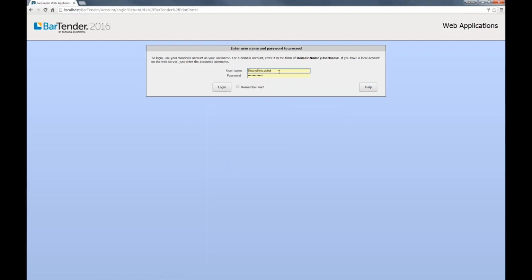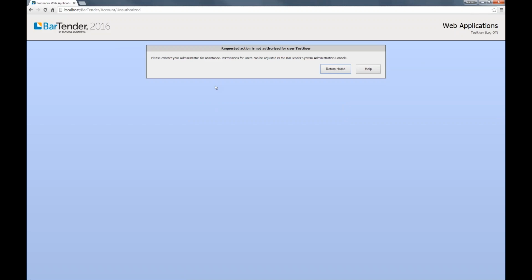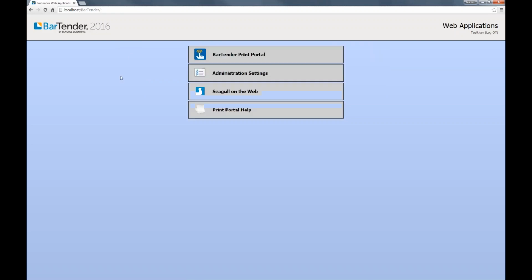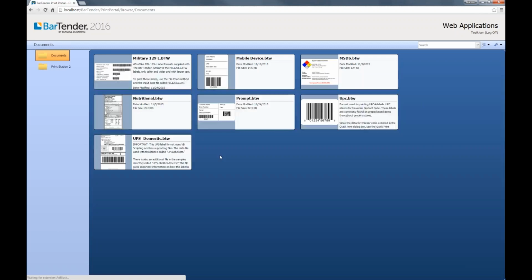Okay, so let's go back to our landing page, and I try to go into the administrative settings, and instead of myself, I'm going in as the test user. It's going to give me an error message that I'm not authorized to access the administration settings. However, if I go back, I can still access the label formats, and I can still print the labels out. So let's log off of this